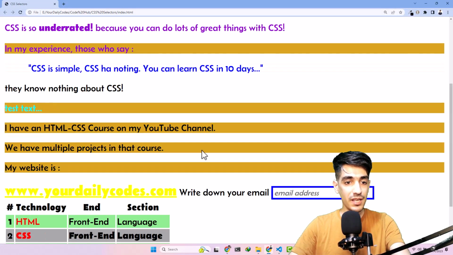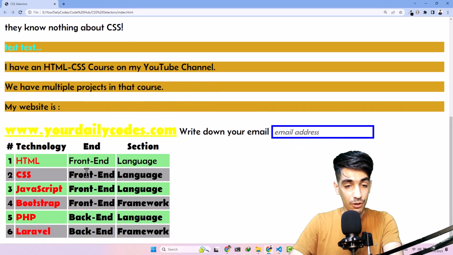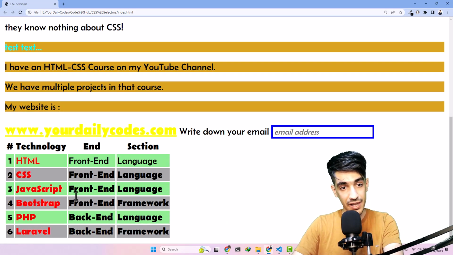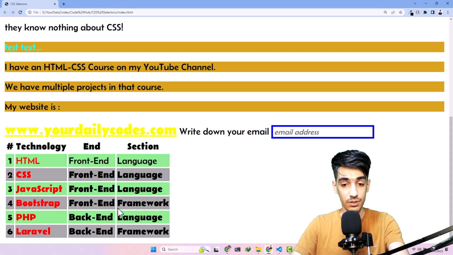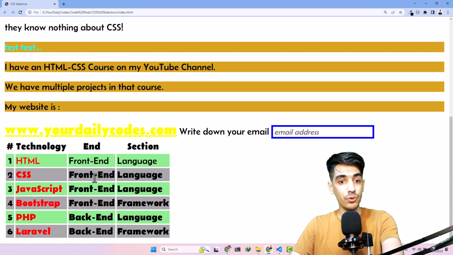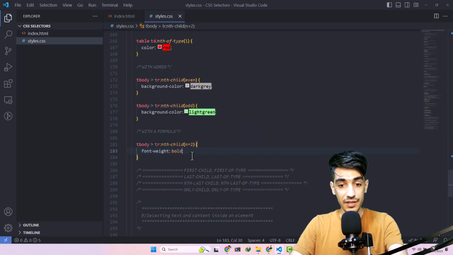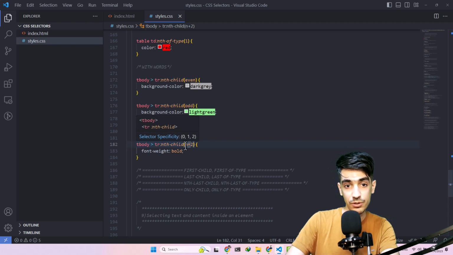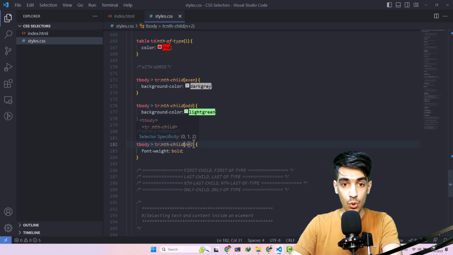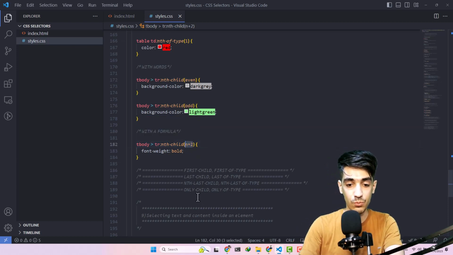What happens is, as you can see, from the 2 to the last, this is something that happens. The first one is ignored. So this is a formula, and in order to understand this formula, this is the way that we understand it: it means from the second one to the last. Or we can even use a more complicated one, for example,